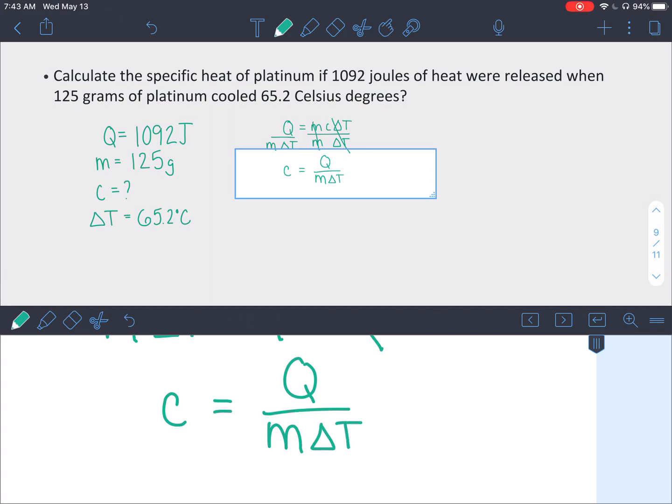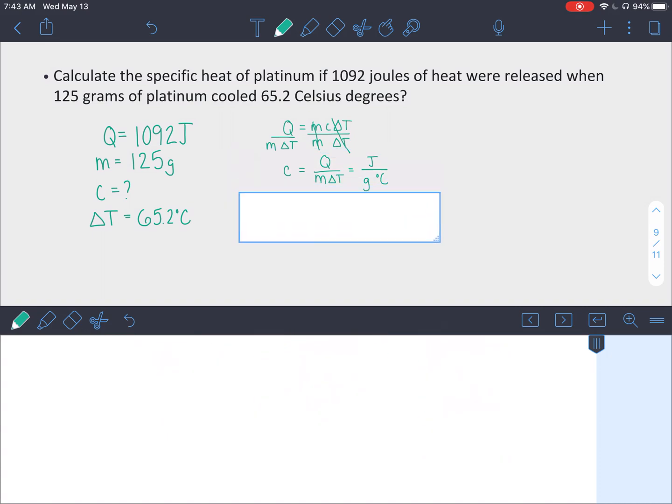And we can always double check that by thinking about the units. We know that Q is joules, mass is grams, and degree Celsius is temperature. Those are the units that we need for C. Therefore, if we plug everything in just like that, we will get specific heat. So the specific heat, and this is of platinum, will be equal to